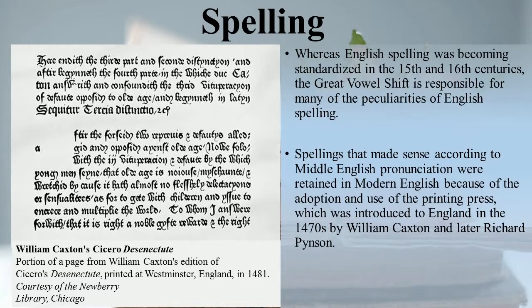He was painfully aware of the uncertain state of the English language. In his prologues and epilogues to his translations, he made some revealing observations on the problems that he had encountered as translator and editor. At this time, sentence structures were being gradually modified, but many remained untidy. You can see some part of a page from William Caxton's edition of Cicero's De Senectute.